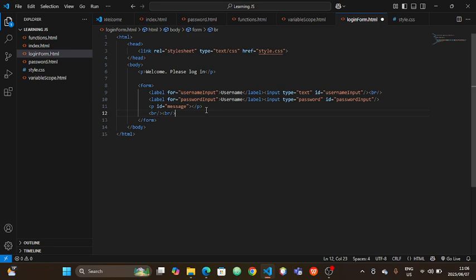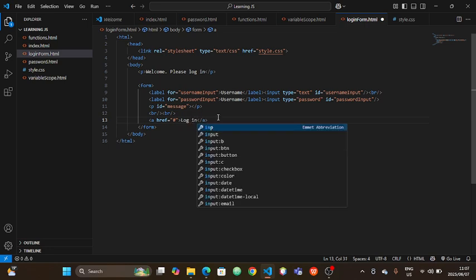And then after this we are going to press enter, open an anchor, href, and then we are gonna put hash because there's no link now. We are going to put hash there, and then we are going to type log in,